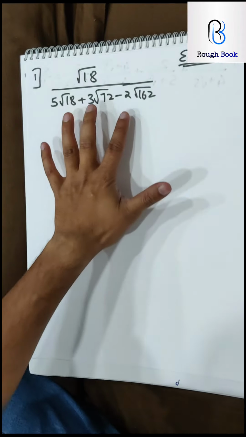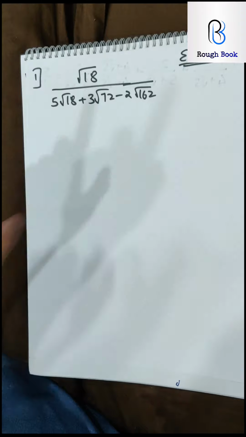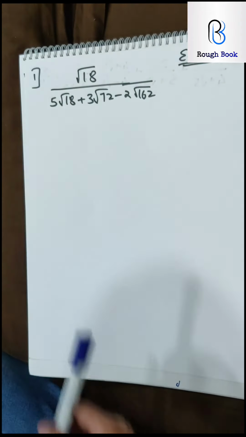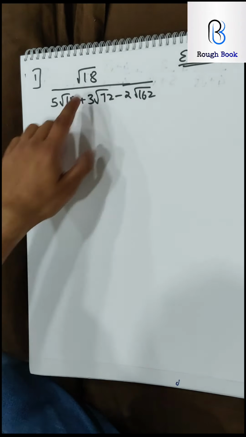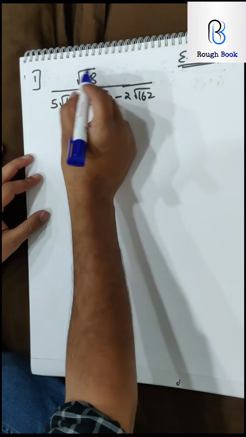Now generally everyone starts thinking how to rationalize the denominator because we are so much into rationalizing. But here if you look at this root 18, in the first lecture I taught you something called mixed surd and pure surd. So if we can convert all these into mixed surd and then go ahead, automatically you will get some answer about it. Pause the video, try converting it.